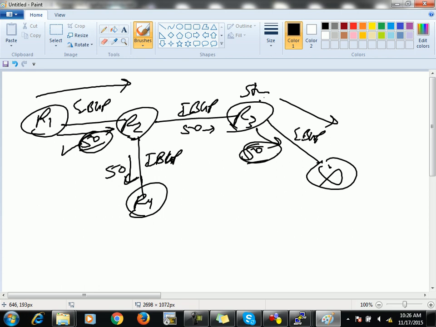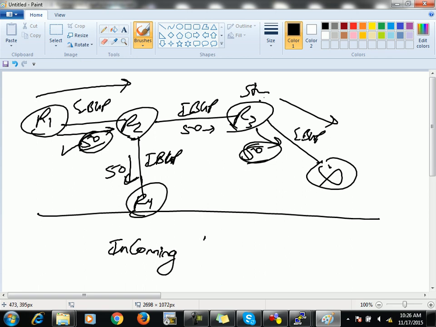And usually you will be using this MED to manipulate incoming traffic path selection. In most of the cases you will be using this MED to manipulate incoming traffic path selection,